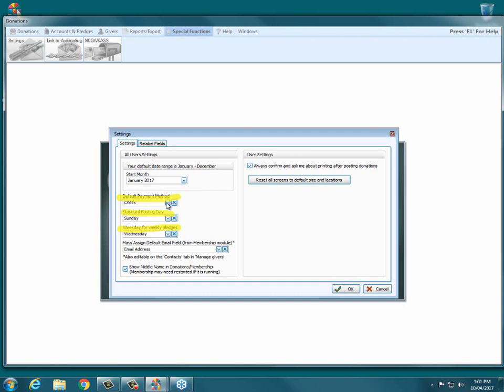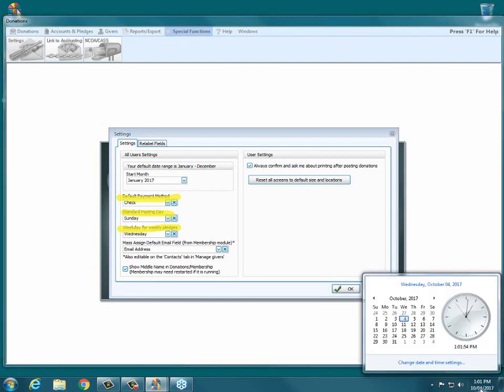Standard posting day is basically where you select a default day of the week for donation batches. By choosing a day, you enable a message that will warn you if you have a donation that is being posted on a day other than that day. So say you put in a date, like take this week for example, October 1st would have been the previous Sunday, but if say you're entering donations on the 2nd and you accidentally put in the 2nd,